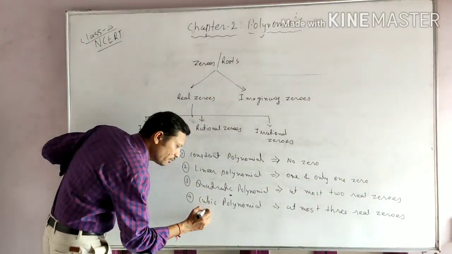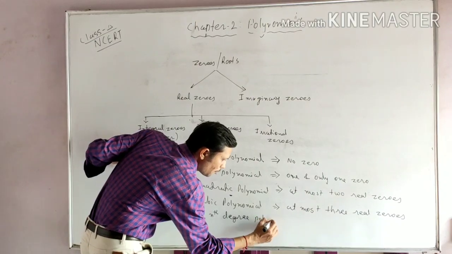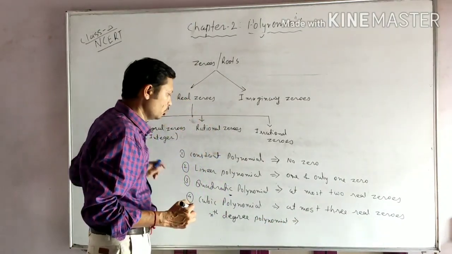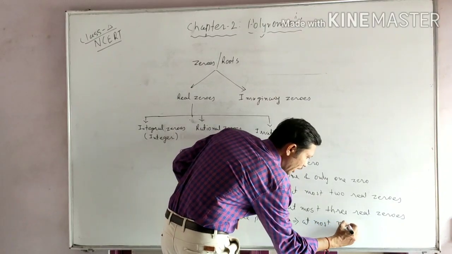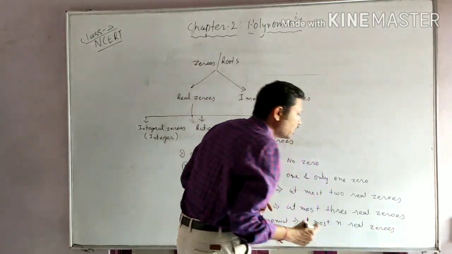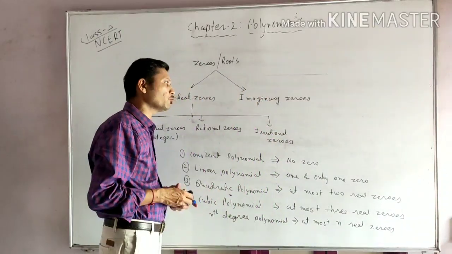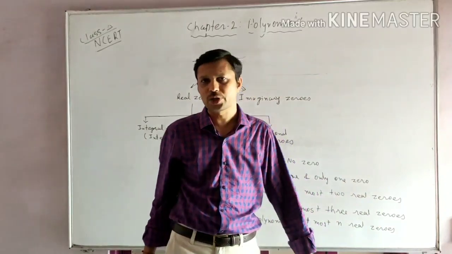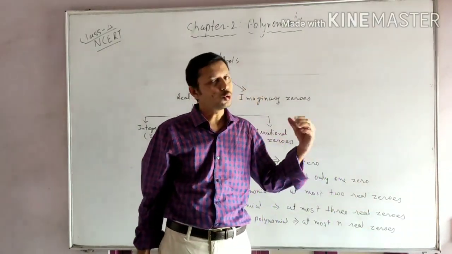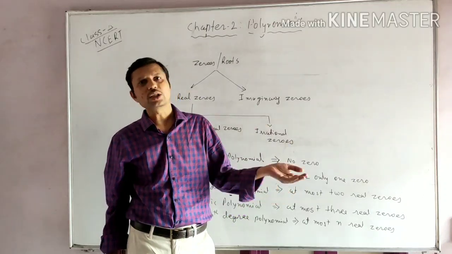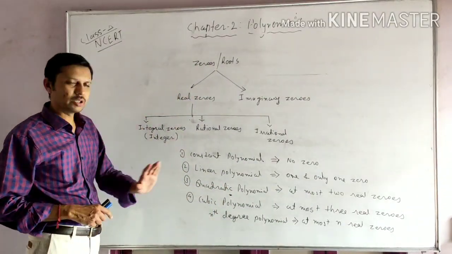क्यूबिक पॉलिनोमियल एट मोस्ट 3 रियल जीरोस विल बी देयर, राइट। तो सी में अगर बात करें कि nth डिग्री पॉलिनोमियल की अगर बात करें तो जितना पावर है उतने मैक्सिमम रियल जीरोस पॉसिबल हो सकते हैं, राइट। सो एट मोस्ट n रियल जीरोस, राइट। सिलेबस हमारा रियल नंबर्स तक रिस्ट्रिक्टेड, इसके लिए हम सिर्फ रियल जीरोस की बात कर रहे हैं, इमेजिनरी अलग से हम कुछ डिस्कस नहीं कर रहे। अदरवाइज जितना पावर होता है उतने नंबर ऑफ जीरोस पॉसिबल हो सकते हैं, राइट। बट अभी हमारा सिलेबस रियल नंबर तक रिस्ट्रिक्टेड है, इसके लिए हम बता रहे हैं कि मैक्सिमम जो पावर है उतने रियल जीरोस पॉसिबल, यानी कि जितनी डिग्री है हमारे पॉलिनोमियल की उतने जीरो पॉसिबल हो सकते हैं, उससे कम, लेस देन दैट, ओके। चलो तो नाउ समझ लिया सब कुछ, ओके।